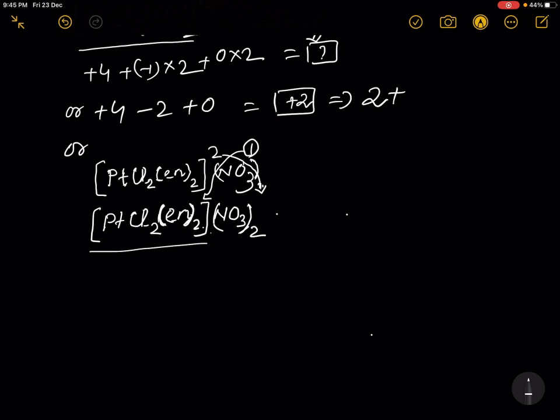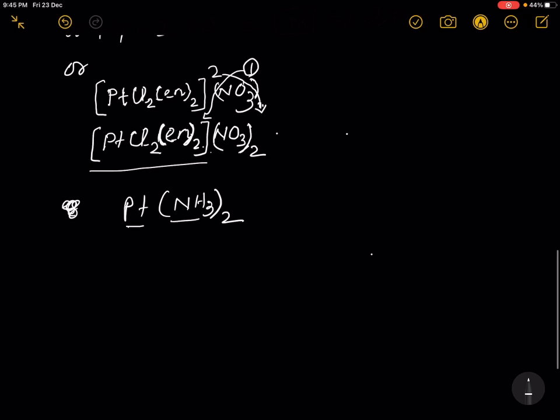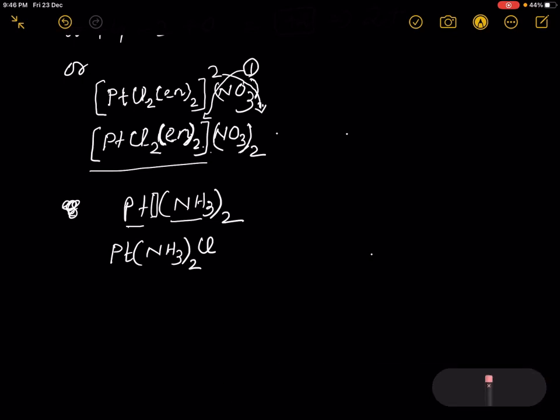Another question is there. We have to write the IUPAC name of the coordination compound. Pt NH3 whole 2. Even between the central atom and the ligand there should be no gap. So let me write again. Pt NH3 2 Pt NH3 2 Cl. Here also no gap should be there. So again I have to rub it and then write